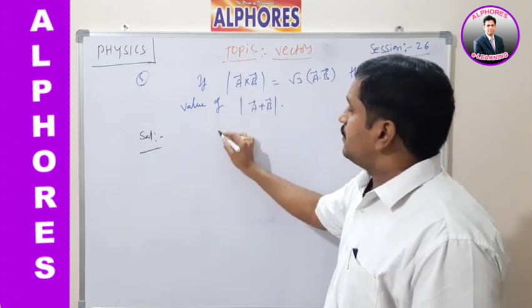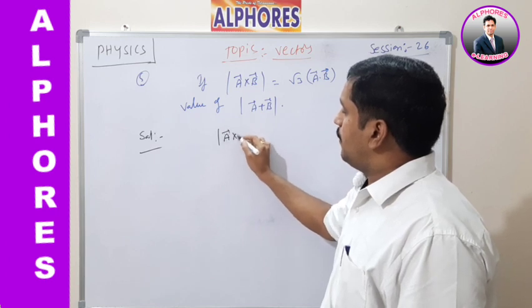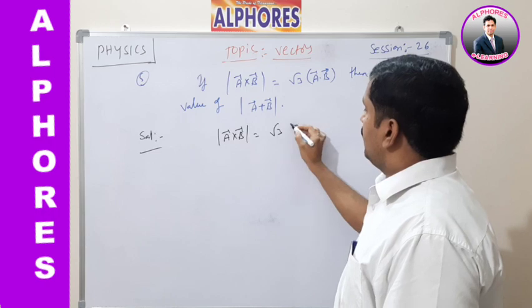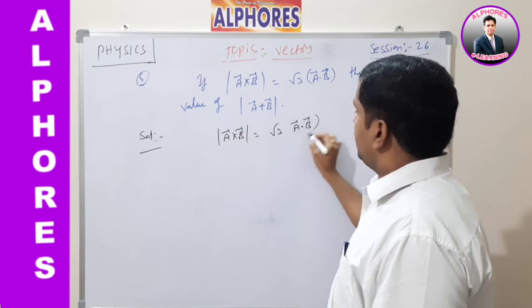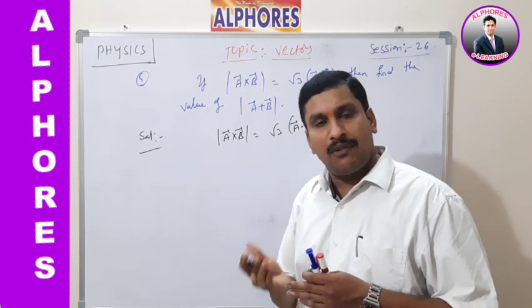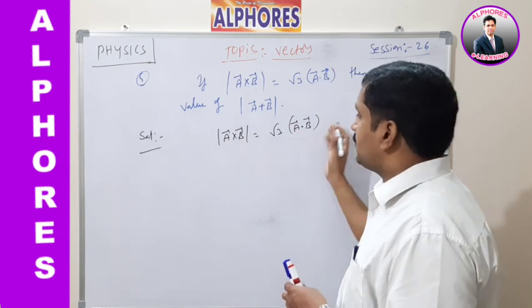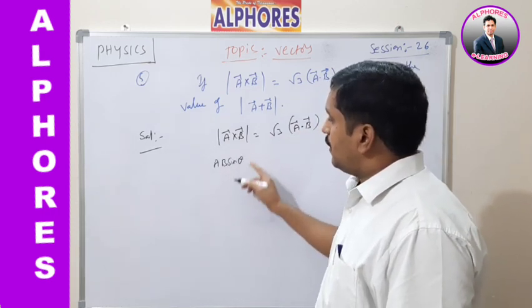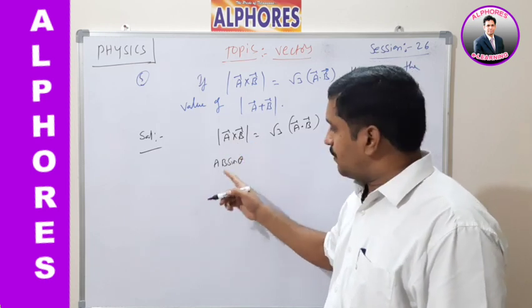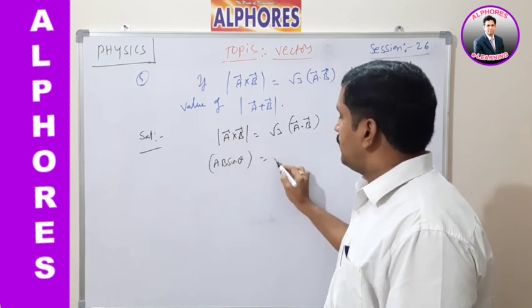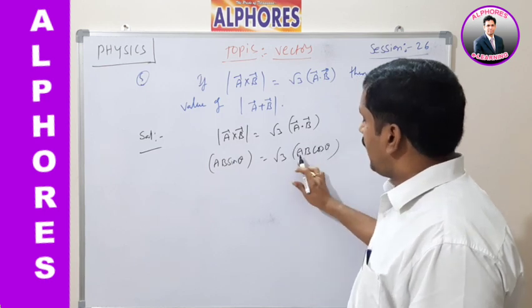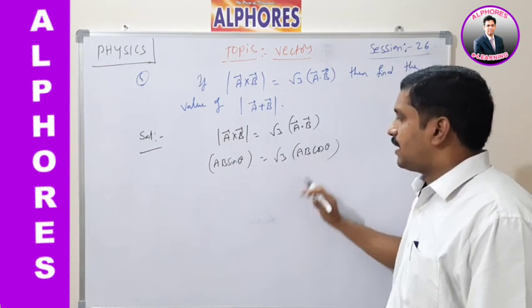As per this given condition, how much? Modulus of A bar plus B bar is equal to root 3 times the dot product of the two vectors. As per the definition of the magnitude of the cross product and the dot product of two vectors, what are the formulas? This is nothing but AB sin theta, the magnitude of n cap is 1. As per the definition, I am taking this. That is equal to root 3 into how much? AB cos theta, meaning the magnitudes of the two vectors and the cosine of the angle between them.